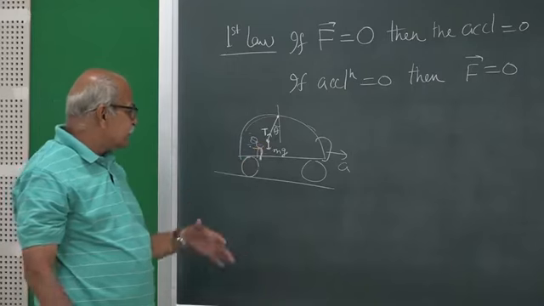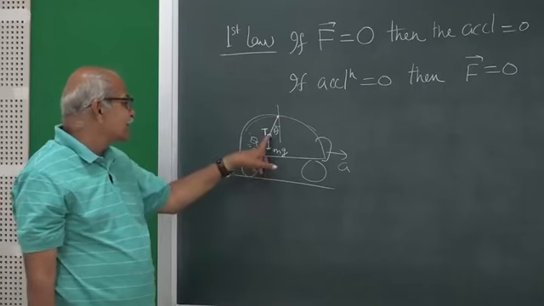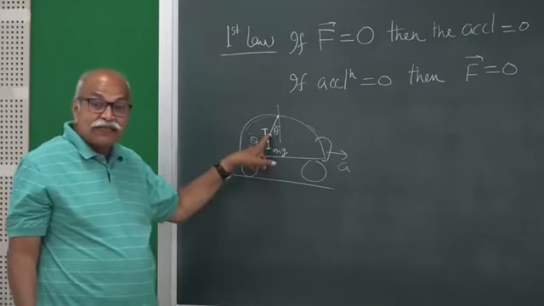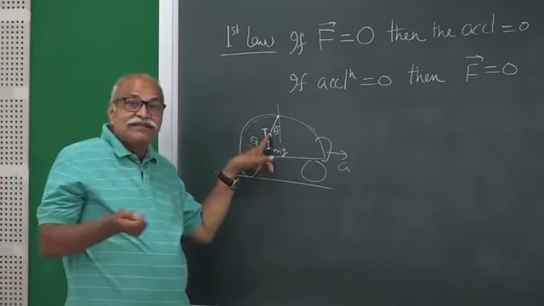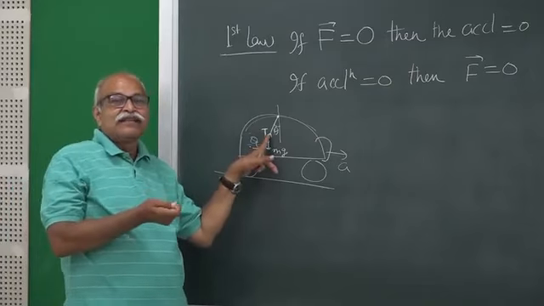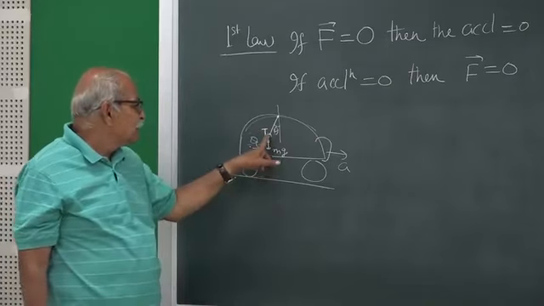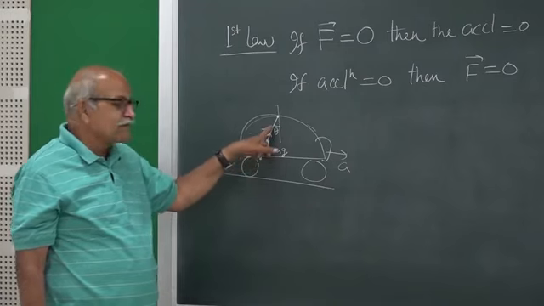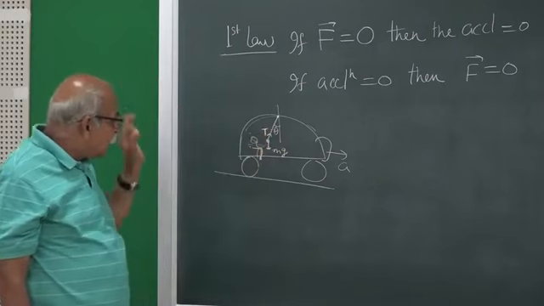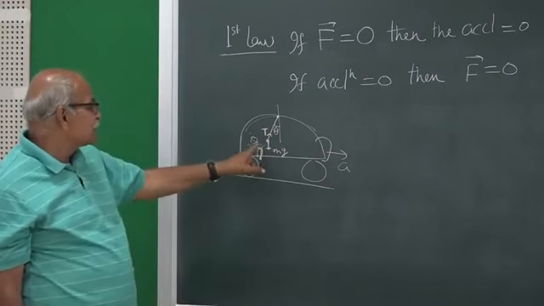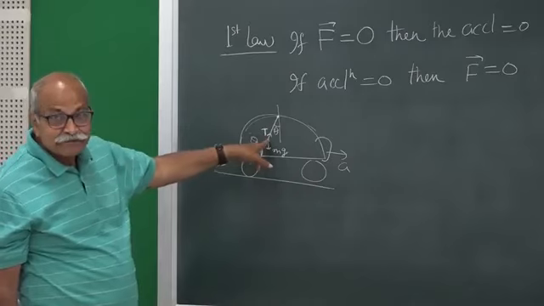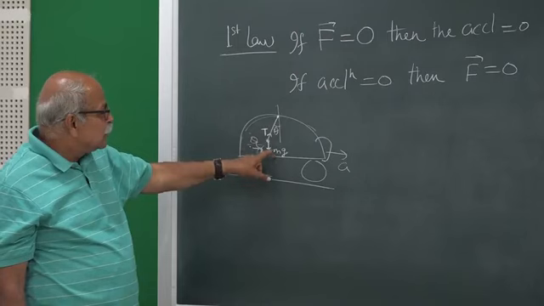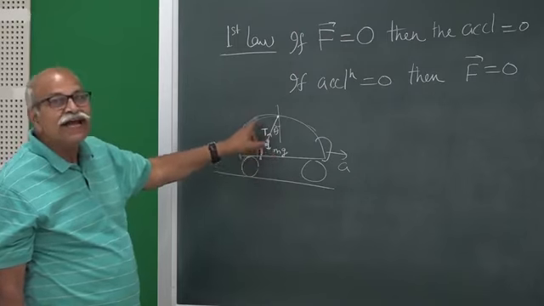And then other than the earth, the only thing in contact is this string, and string always exerts force along its length. String always pulls, and therefore the force on this bob by the string is in this particular direction, along the string. There is no other object which exerts force on this, and these two forces are not equal and opposite, and they will not add to 0.